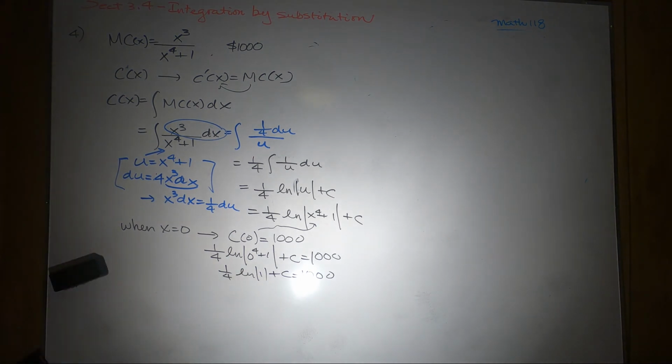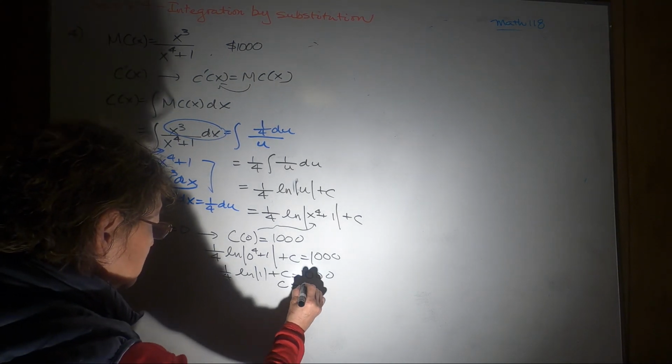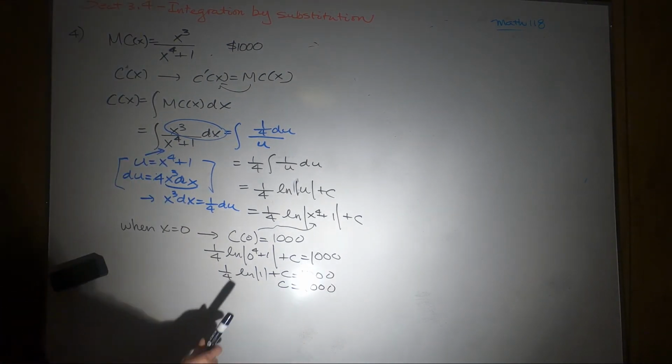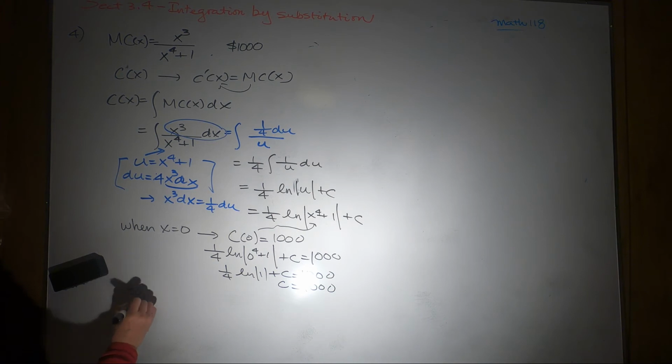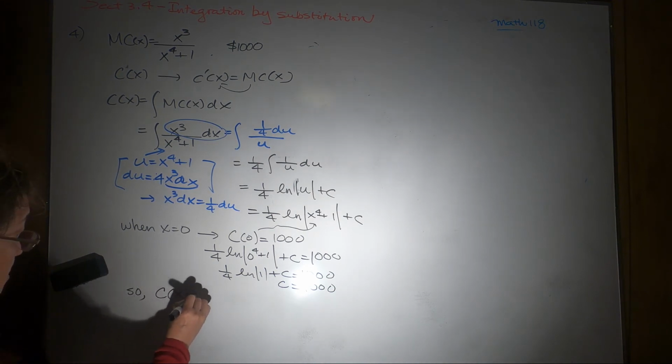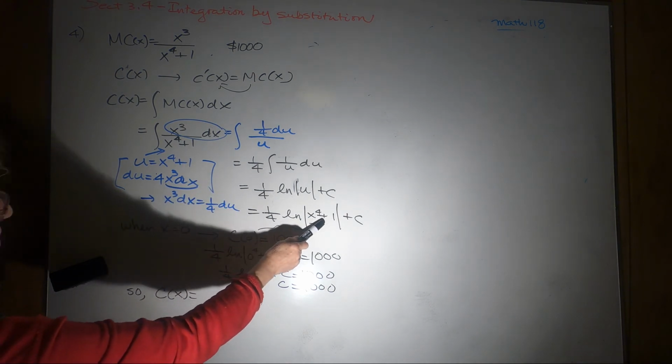Natural log 1 is 0. Otherwise, you just punch into the calculator. So that's 0, then that would be 1,000. You need to find your c, right? So what's our cost function? C of x would be this guy, all the way here,